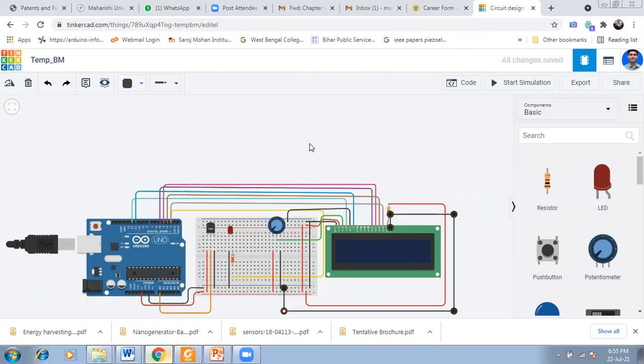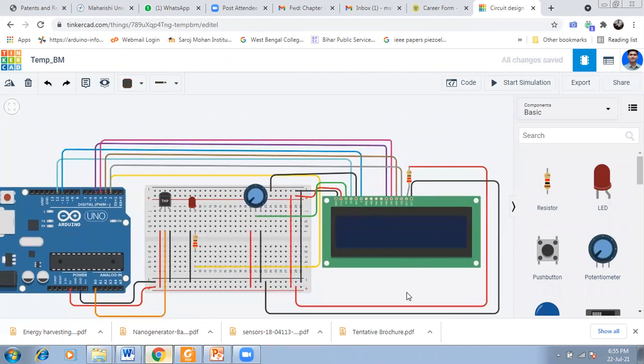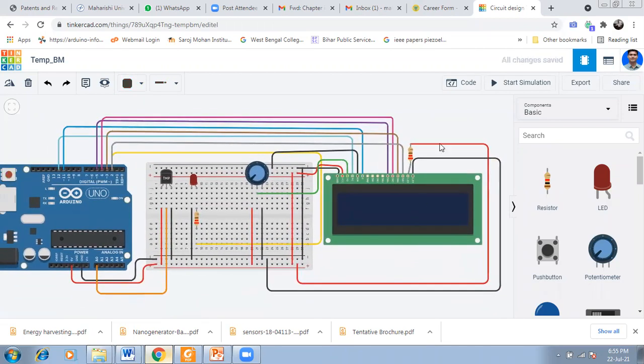Make color black. So this is the circuit that I have shown you. Little bit complex. So now the circuit is completed.